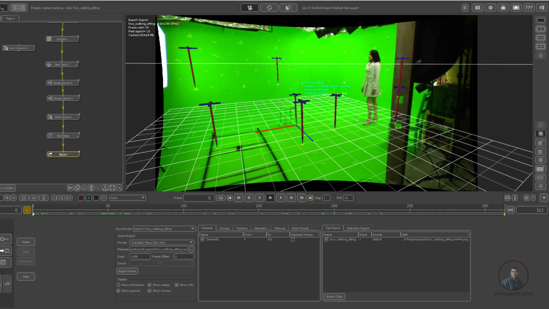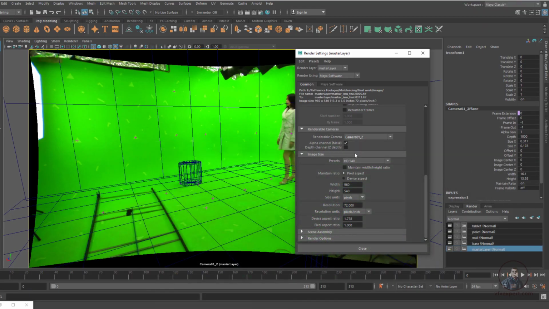So here in PFTrack you can check our undistorted plate frame size, which is 1610 by 1358, and also the pixel aspect ratio, which is 1.5. So these values we have to define here. So again 1610, 1358, then pixel aspect ratio which is 1.5.